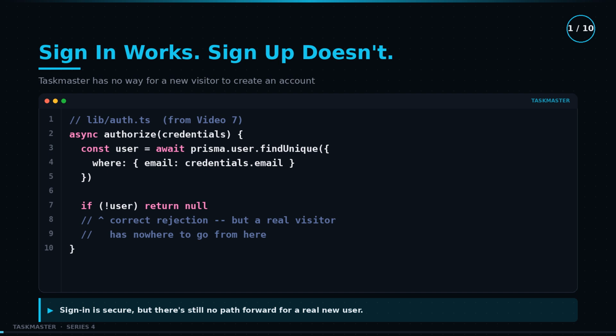We're building the actual registration flow, a sign-up form, a server action that validates and hashes the password, and a proper error path for duplicate emails. Then we wire the login form for real, add useSession so the client knows who's signed in without a page reload, and write actual Next.js middleware so entire route groups are protected in one place instead of an auth check